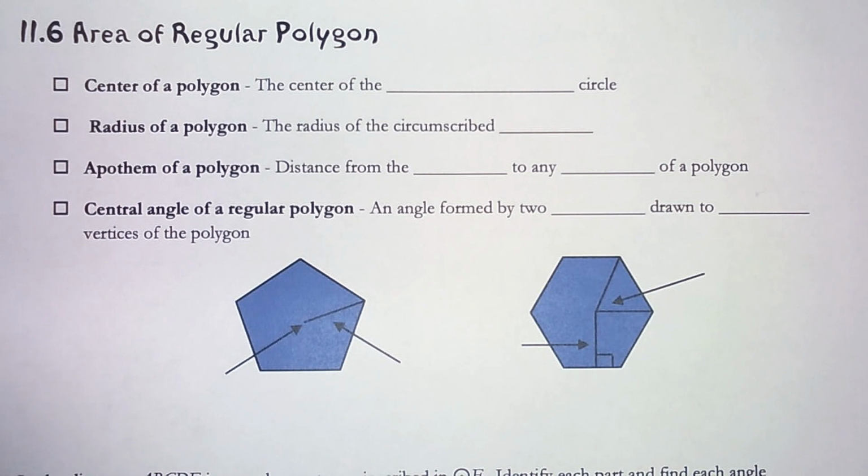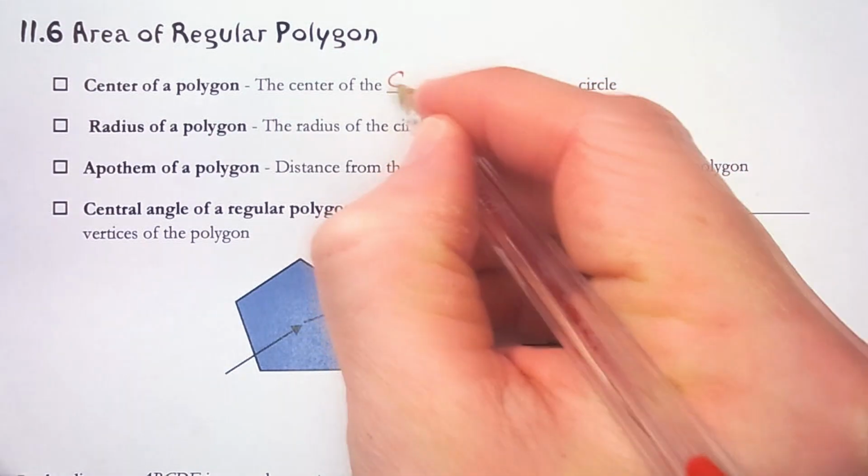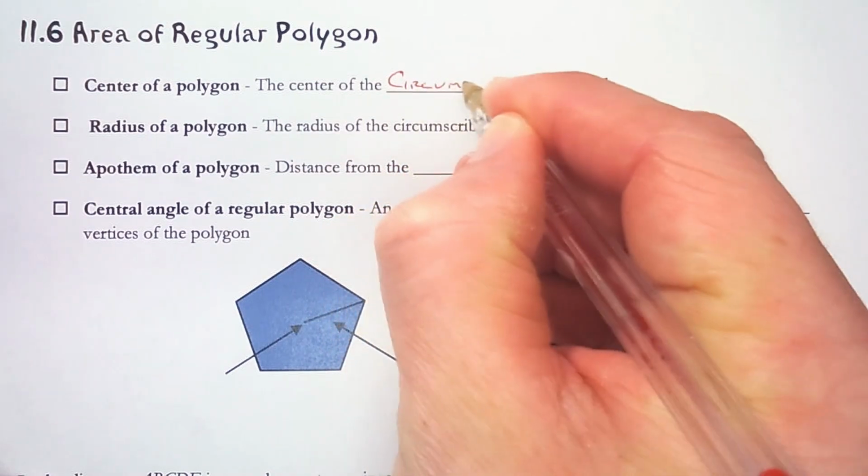Hey guys, today we are going to start a three-part conversation that will lead us eventually to being able to find the area of a regular polygon. So let's start with some vocabulary terms. The center of a polygon is the center of the circumscribed